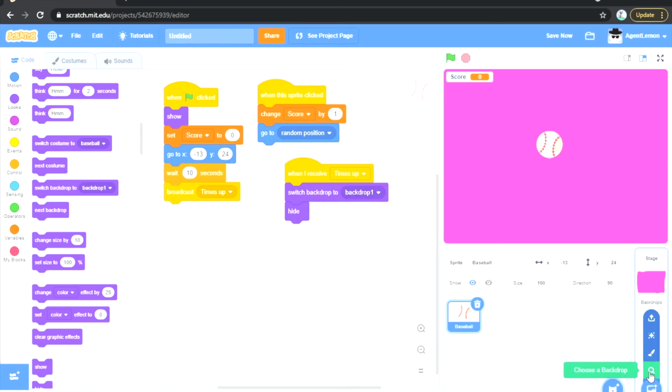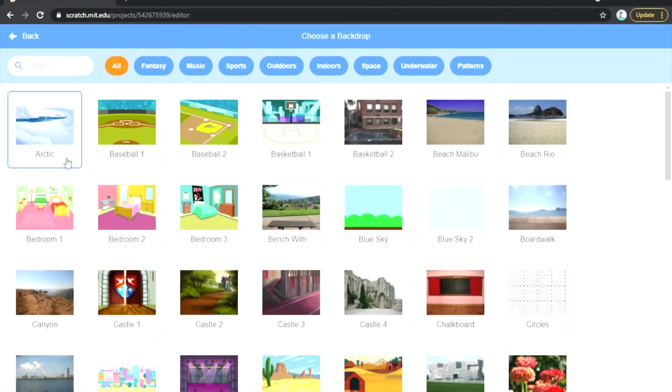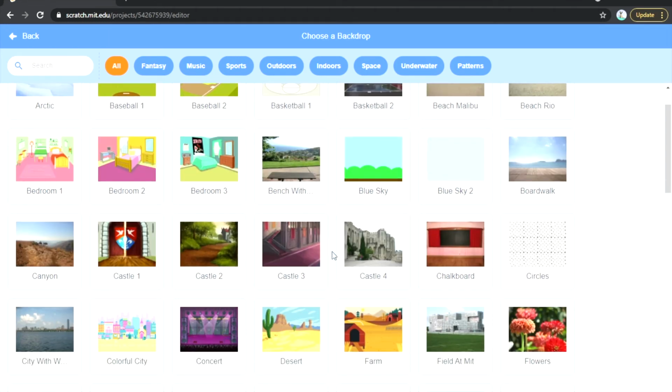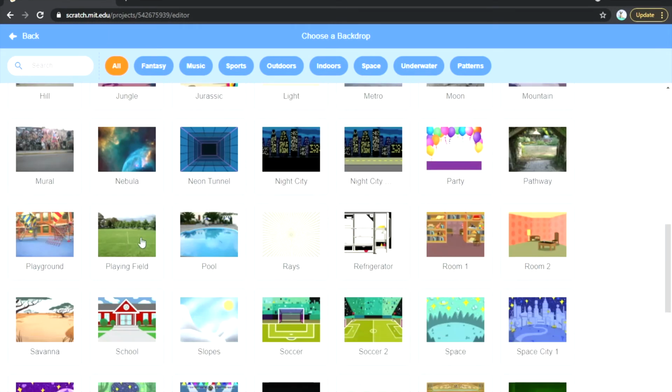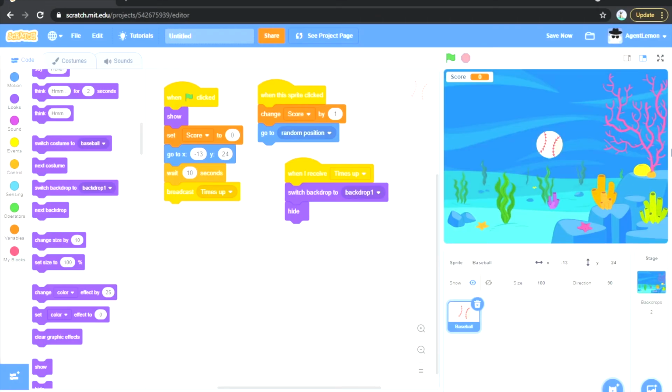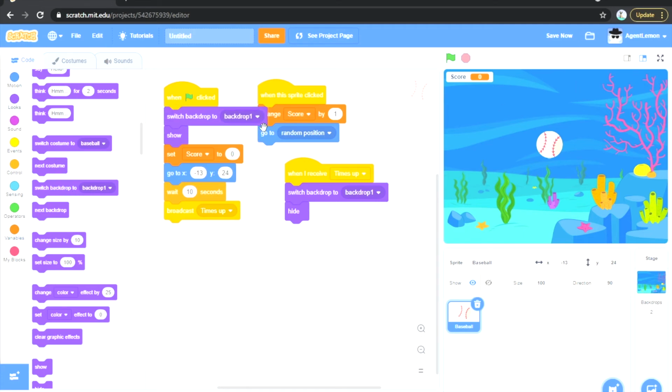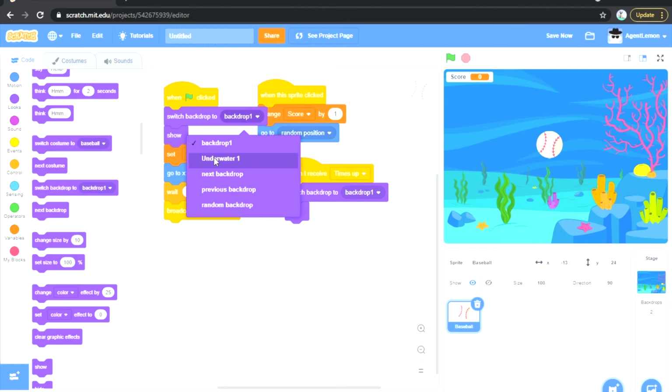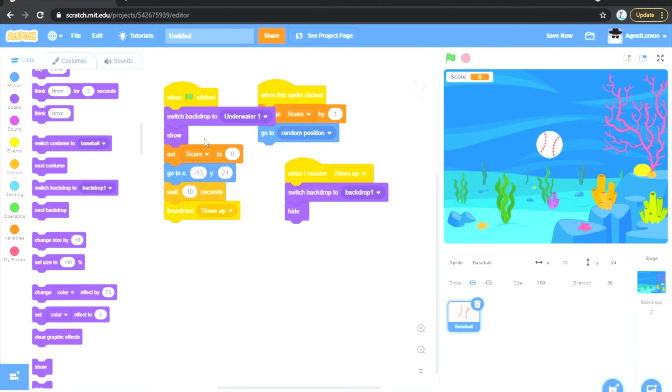And we also want to add another one to have it normally, because this will be our one after the time is up. So we'll go to choose a backdrop, and you can choose whatever. I'll choose underwater. It can be anything you want. I'm just going to choose underwater. So we're going to do one flag clicked, switch backdrop to underwater 1, and so when this is clicked, after 10 seconds has passed,